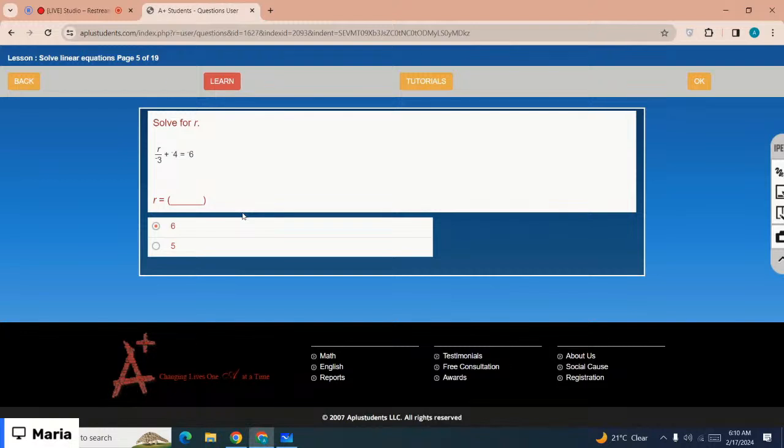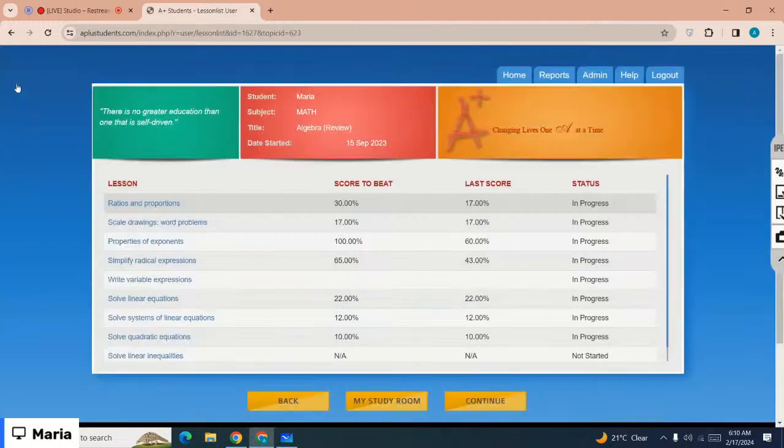Okay, you can complete the lesson by yourself later today. Let me move on to the next lesson. The next lesson is solve systems of linear equations. Let's start with the lesson, that is solve system of linear